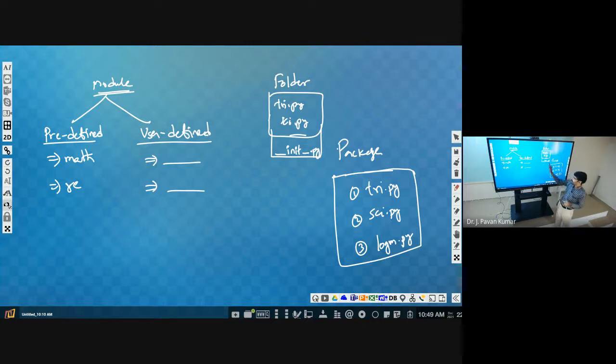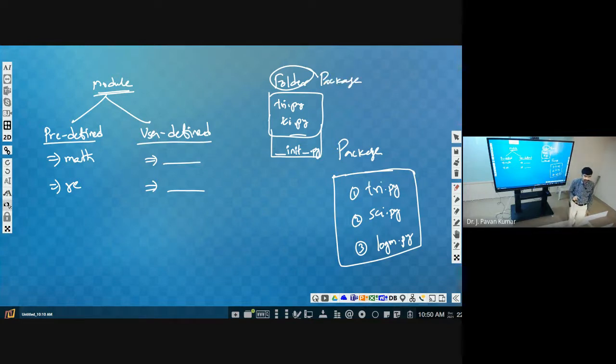This is also a normal Python file. Just open a normal empty file, save it with this name, and put it in this folder, then this folder will become a package.